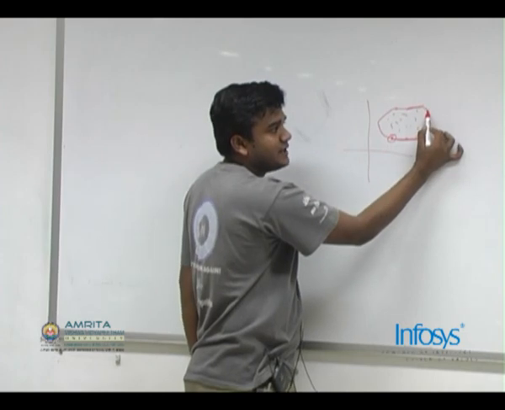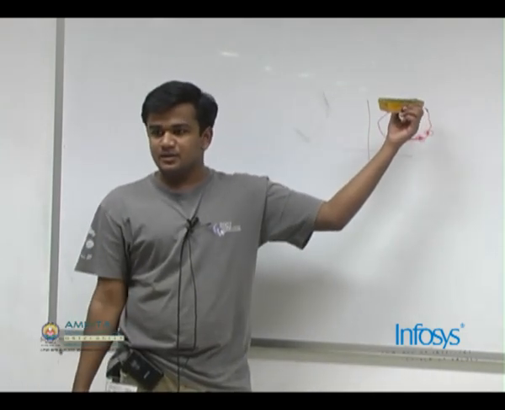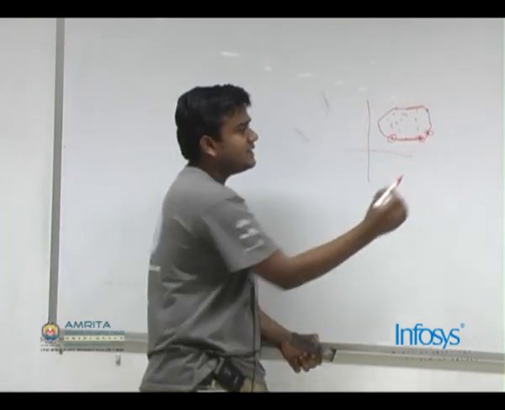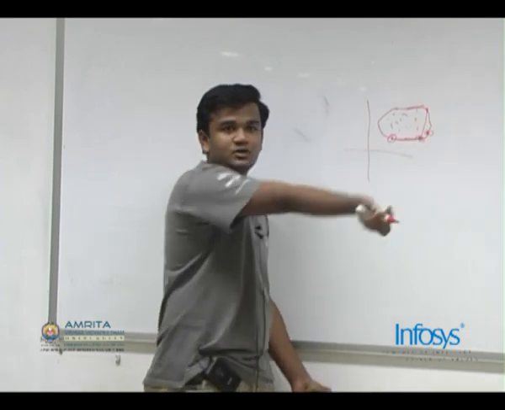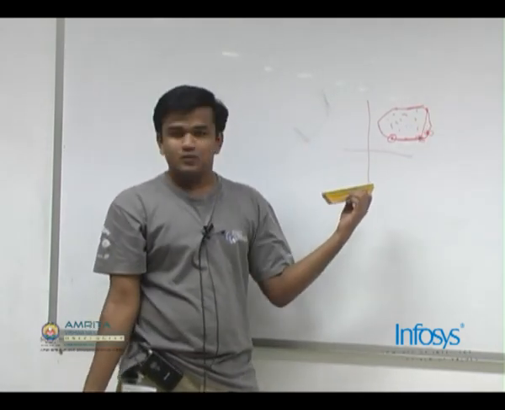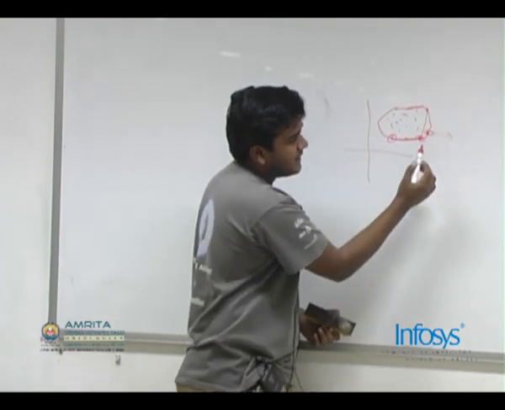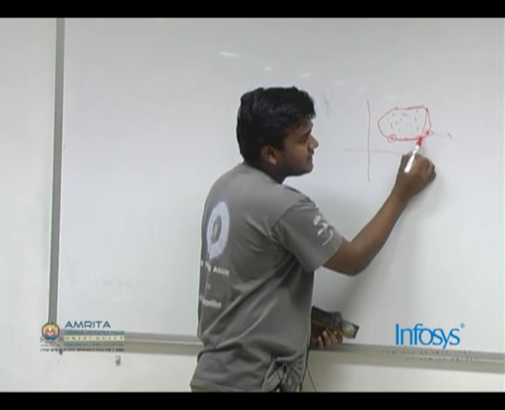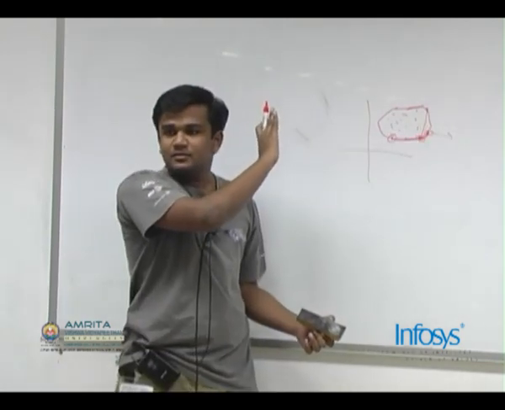Suppose I had this point which was a candidate for the next point on the convex shell, but if I connect these 2 points, there is one point lying outside on this line. So this edge cannot be convex shell, right? So I want to take the point which is most on this side, so that if I connect these two, all the points will lie on one side. Is that clear?